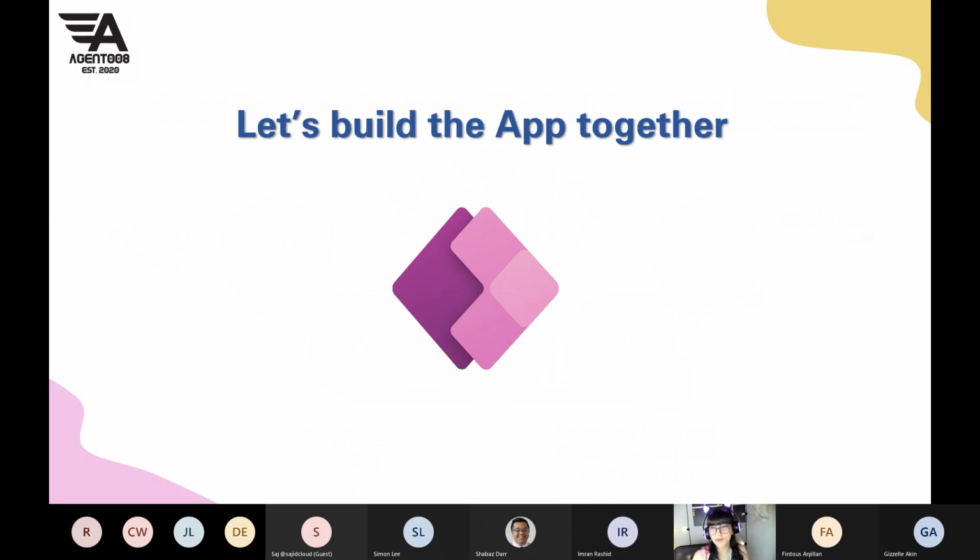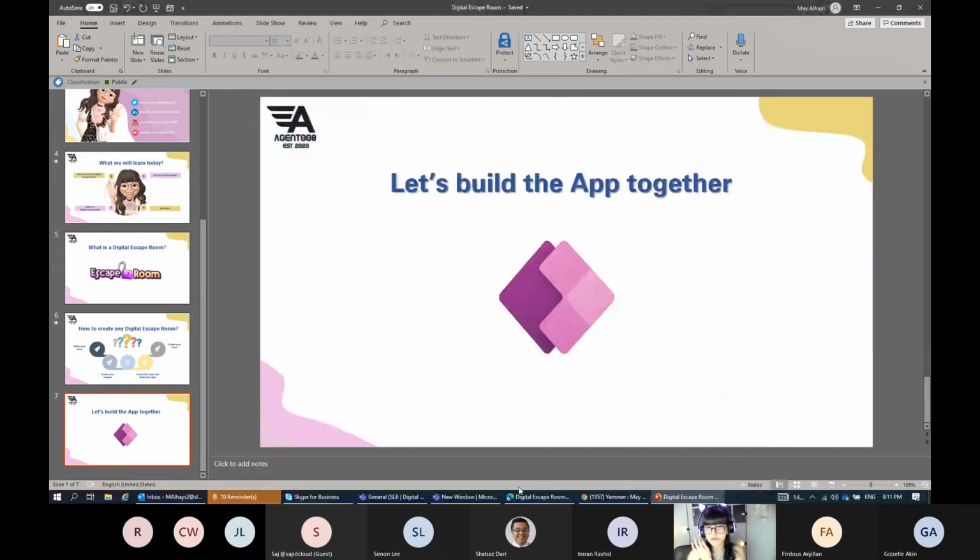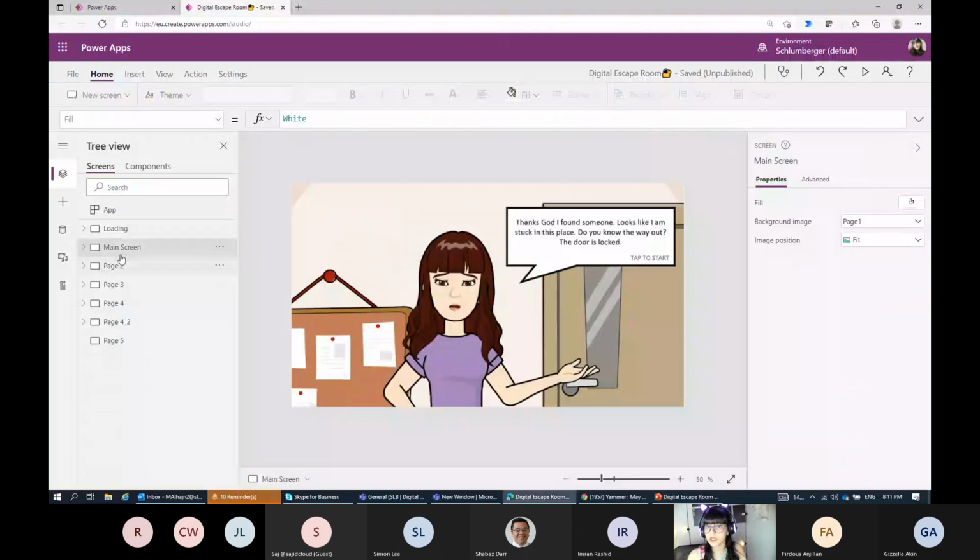So now it's time to see the application and guide you on how we can build it, and what kind of tricks and tips we need to follow. So let me share the live demo. A minute. Okay, here we go. So this is our application. Let me zoom in here.